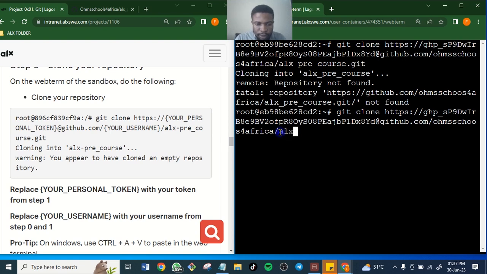ALX pre cos dot git. So this was the mistake. ALX, this is what we used instead of using this. So let's enter.